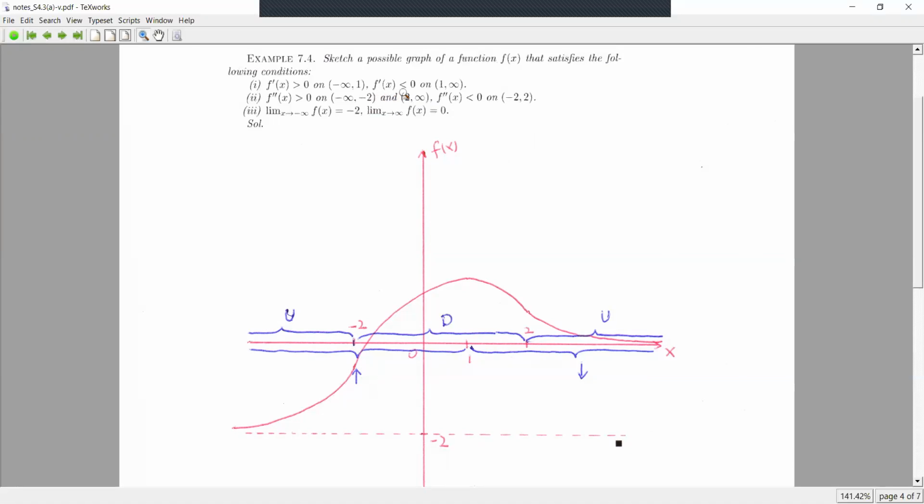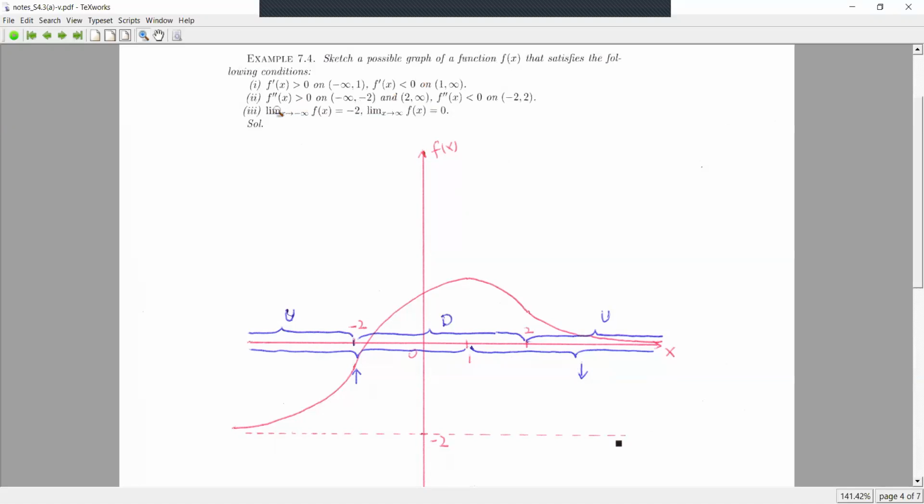First derivative less than 0 on 1 to infinity, this interval. From 1 to infinity, first derivative less than 0. That means that the graph of the function is decreasing. So from 1 to infinity, curve is decreasing. Mark down the information. Okay, now